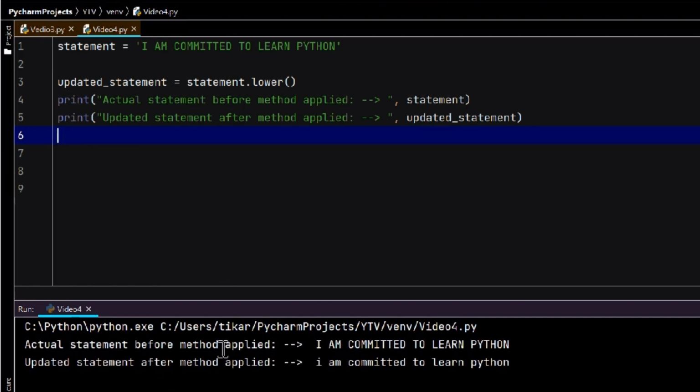Okay, and if I run this, the actual statement before method applied was the original thing which we have passed here, but after the method applied, everything is changed to lower, because the method we applied is lower. Okay, let me write everything in lower only. I am committed to learn